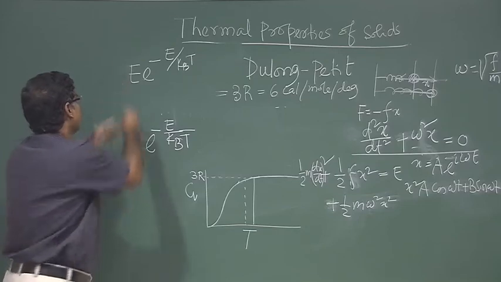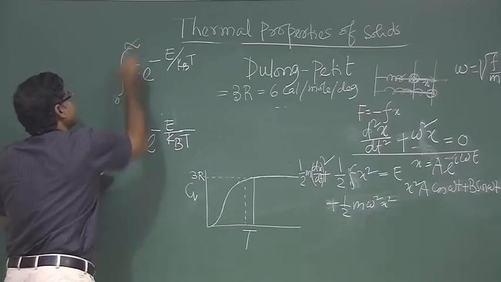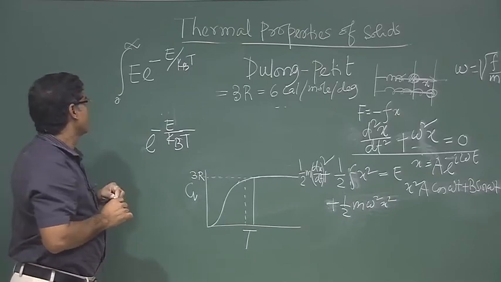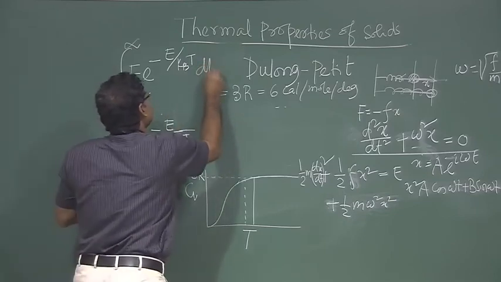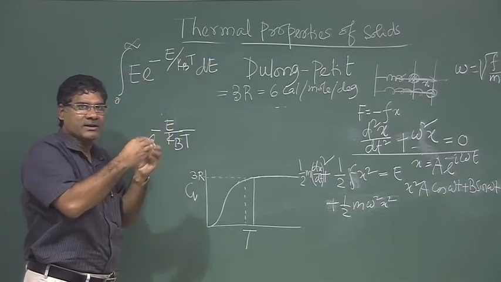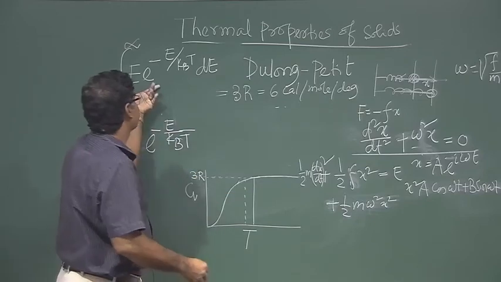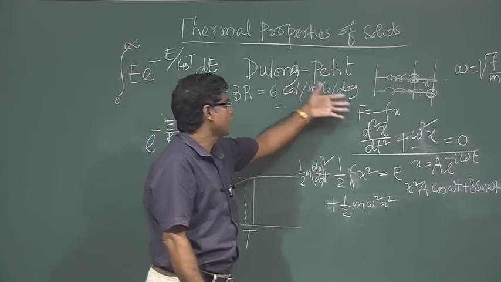Now, if I integrate, this energy can vary from 0 to infinity, integrating over dE. If I integrate in that range, I will get the total energy of my system